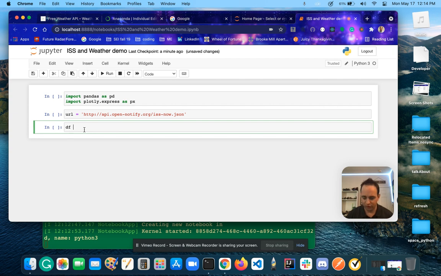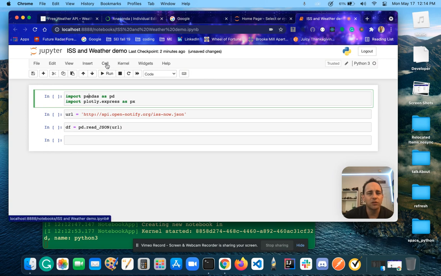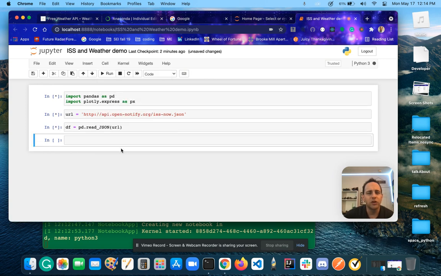So our variable is going to be df. It's typical data science because this is now a data frame. So we're going to use pandas to read the JSON response coming from this URL that we provided earlier. So we can go ahead and show right here, run all the cells,